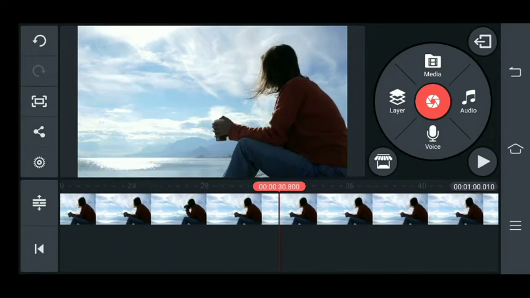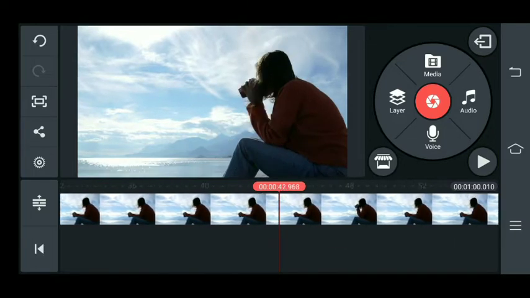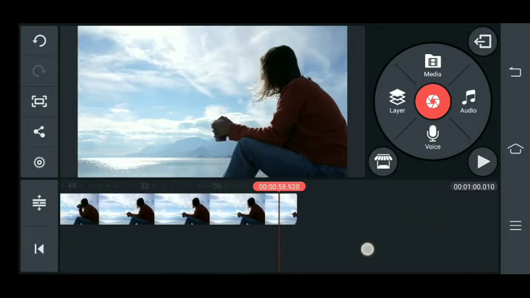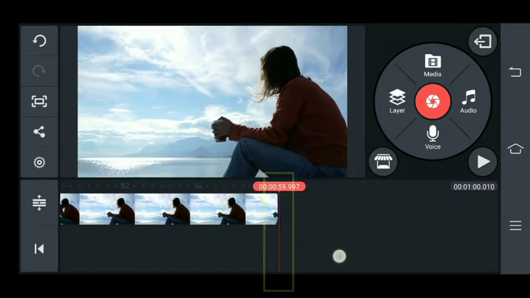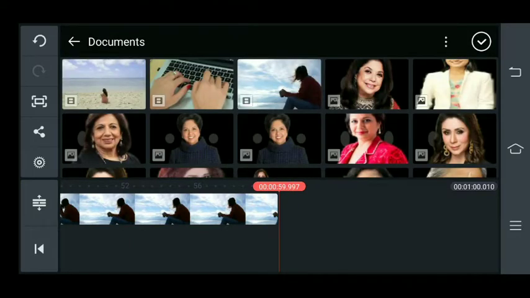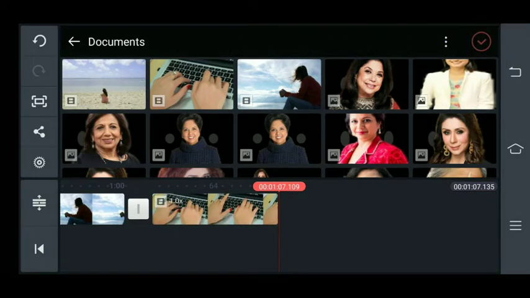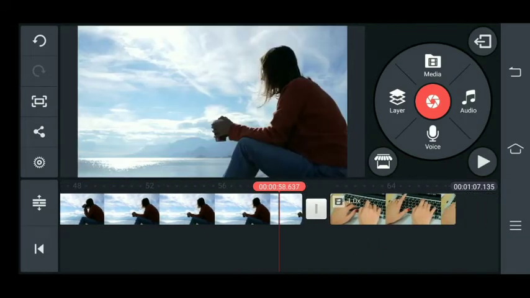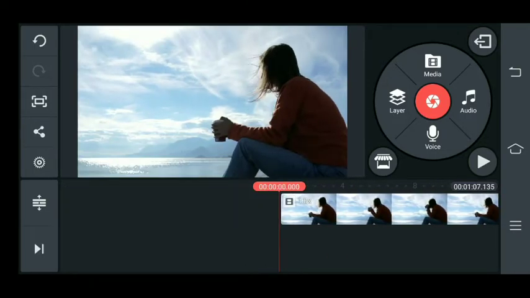So today we're going to just see how only about video, placement of video and what do we do with it. So imagine this is your video and you have one more video. So what you would do is you will bring the red line, right? So you can see this red line. This red line you will bring towards the end of the video, and you'll again go to media and you will select your second video. So imagine this is my second video, and so you can see a connecting link between the first video and the second video. So let's explore the options that we have for video.